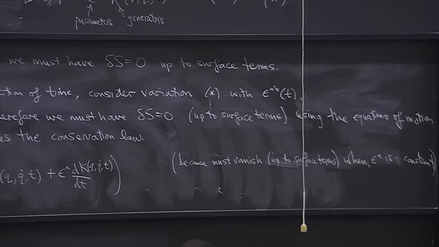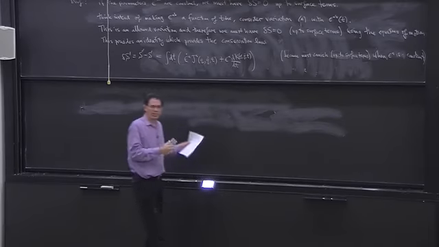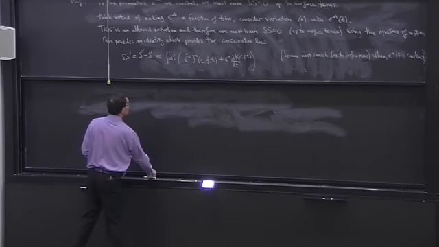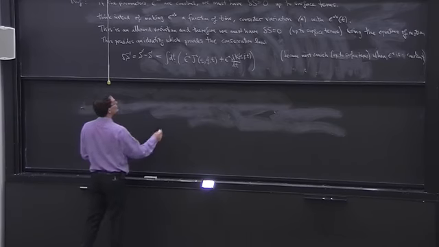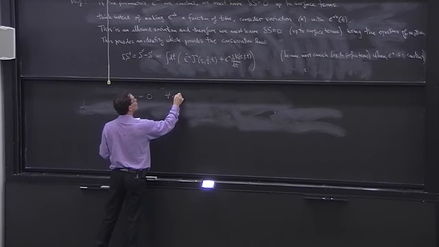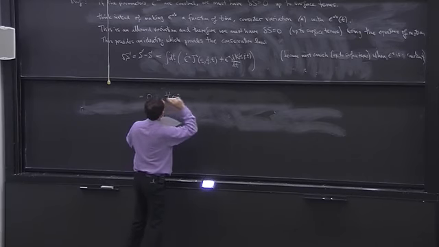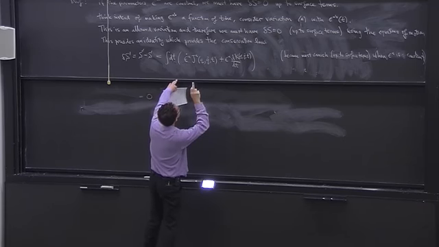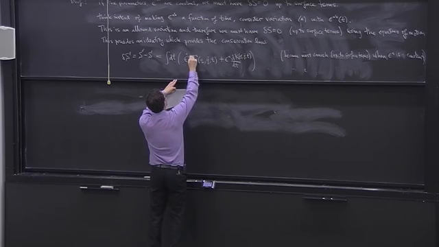And if epsilon is a function of t, this is not a symmetry anymore, but it's still a good variation. Okay, so delta S must be 0. So this must be equal to 0 for all epsilon A. Yeah, I realize I should really put A, B,